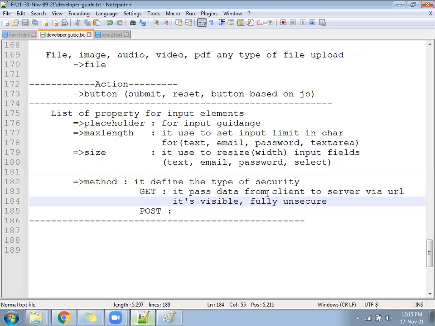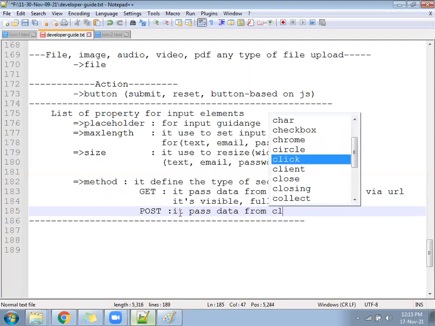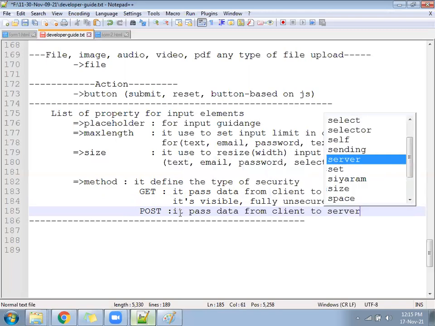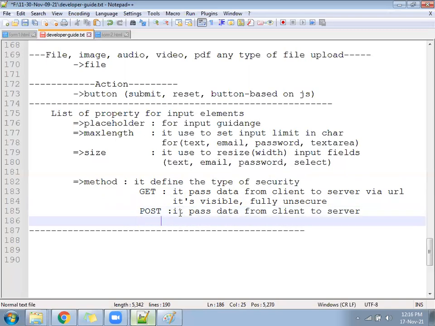Post passes data from client to server. Not visible, you can write encoded, and fully secure.